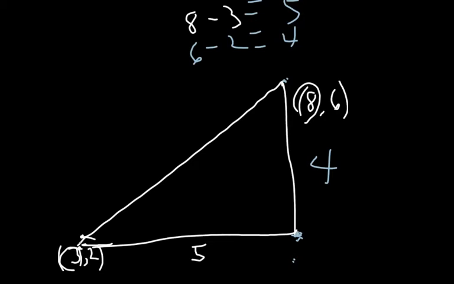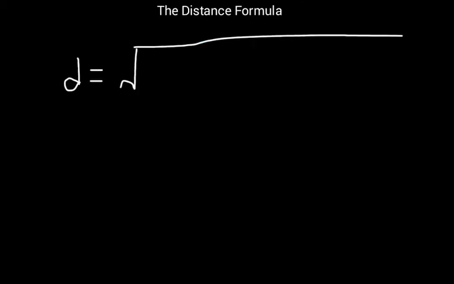Now we'll look at how we apply that with the actual distance formula that I'm going to show you. So we had points (3, 2) and (8, 6). The distance formula says that the distance between 2 points, which are identified with coordinates, and our coordinates are (3, 2) and (8, 6), would be